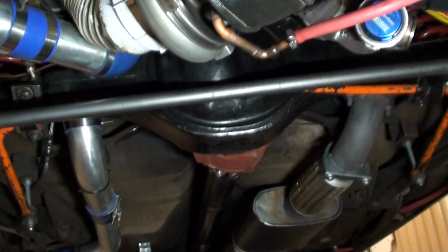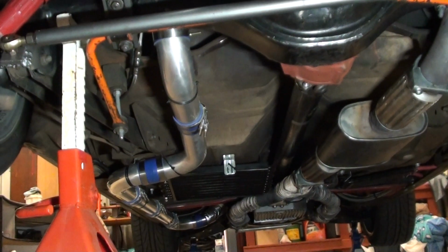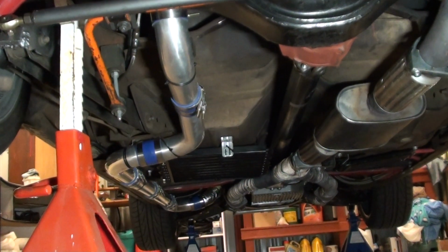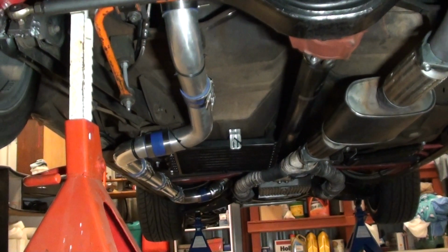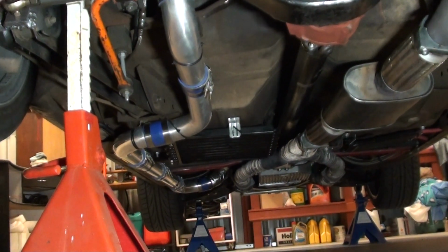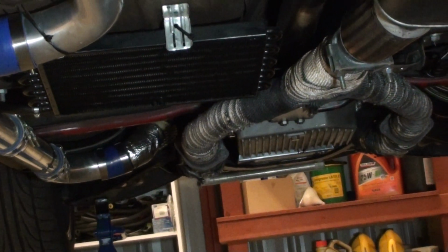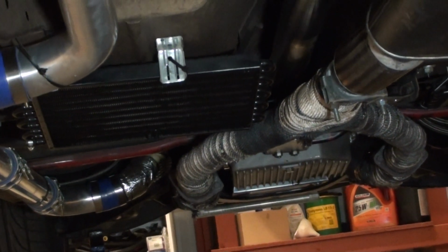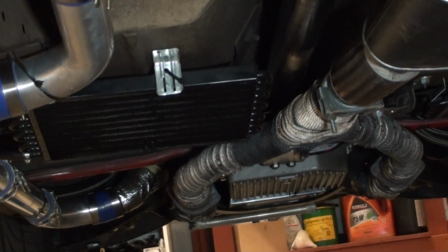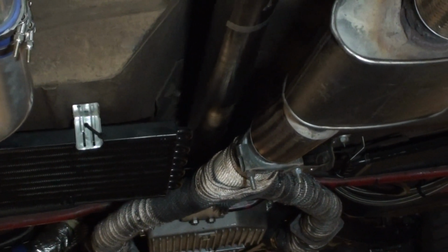The exhaust system is a 1.75 inch 4:1, so the header pipe's off the engine. Now I've header wrapped it all, and it comes out from the collectors 2.5 inch into a 3 inch, and then